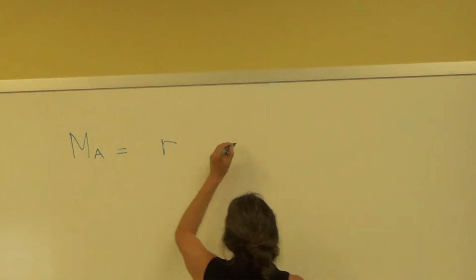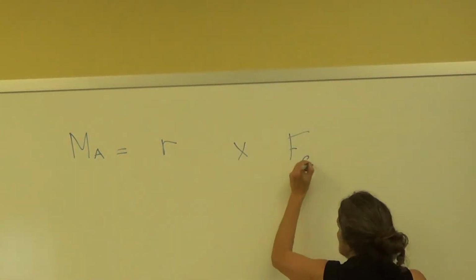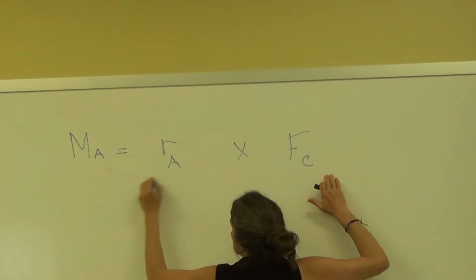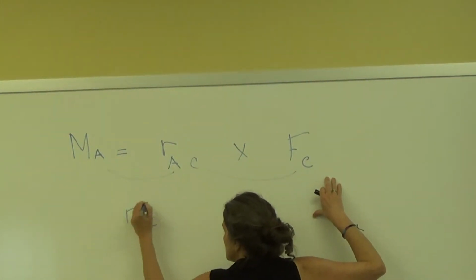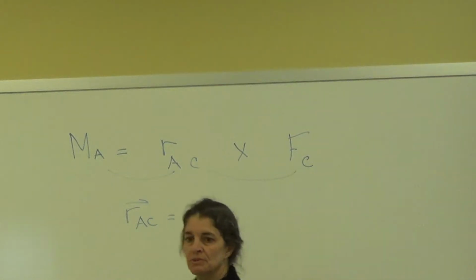The moment about point A is equal to R cross F, and F is at C, so R goes from A to C. So let's write down what R_AC is. So in vector form,